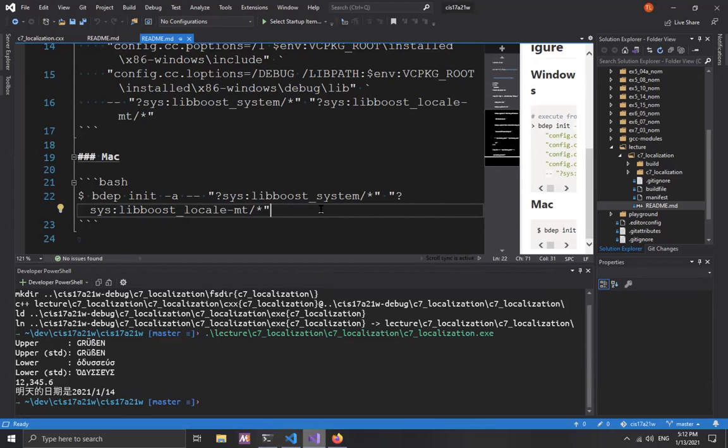Then let's come back to Windows. So, to install Boost on Windows, I've now evaluated different options, and I want to come up with something that's relatively easier for you. And